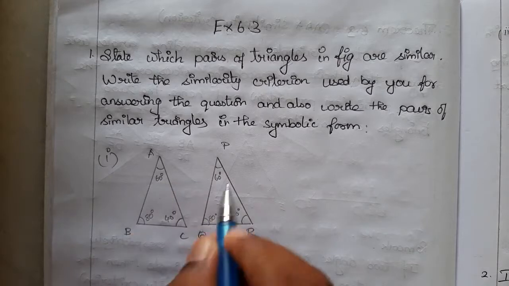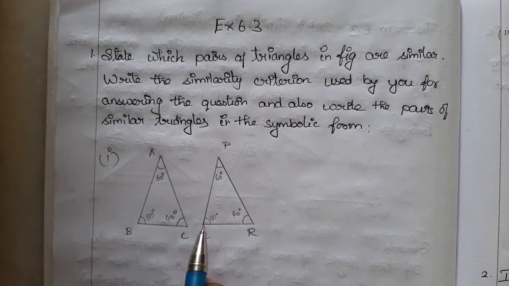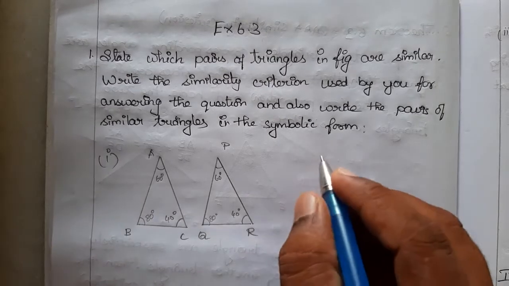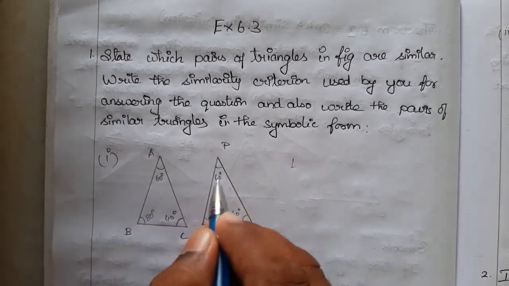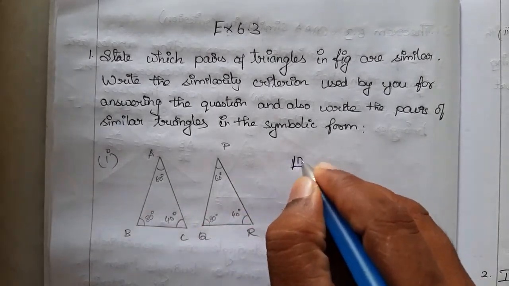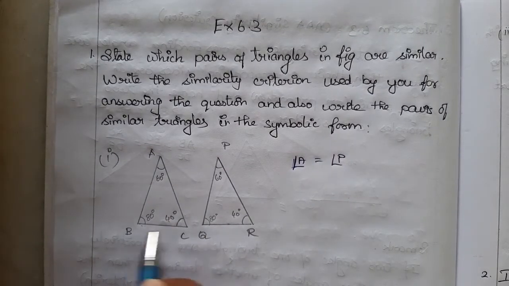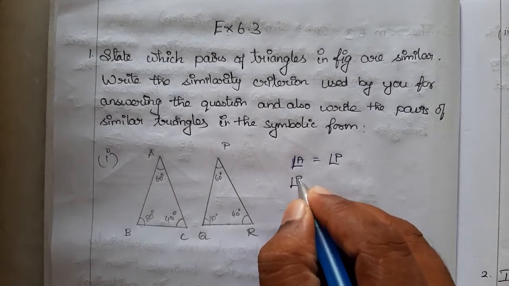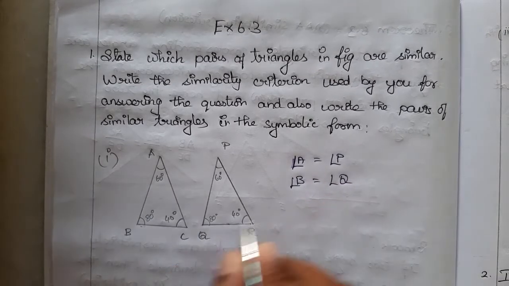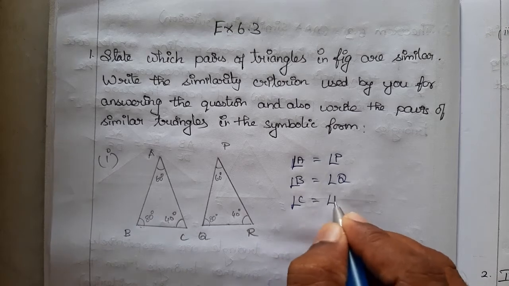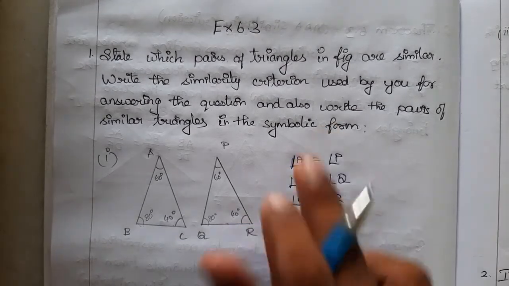So here we can see that angles are given, and we can use the triple A or double A property. 3 angles are given, we can use the triple A property. So angle A and angle P are equal, right? Angle A is equal to angle P and angle B is equal to angle Q. Both are given 80 degrees. Angle B is equal to angle Q, and angle C and R are also equal. Angle C is equal to angle R. So we have found 3 angles.